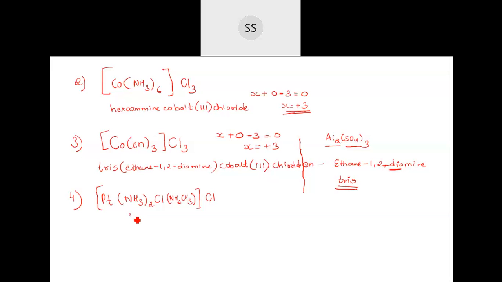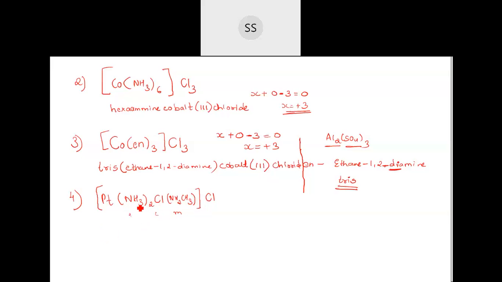Now here NH3 means it is ammine, so A will come first. Then we have chlorine, so chlorido, C. And after that CH3NH2 is methylamine. This particular ligand is given in your book. CH3NH2: one carbon, so a methyl group, and then you have an NH2 group, so it is methylamine. So go according to alphabetical order. Methylamine starts with M, so A should come first, then C, and then M. All these are unidentate ligands, so there is no bidentate ligand.